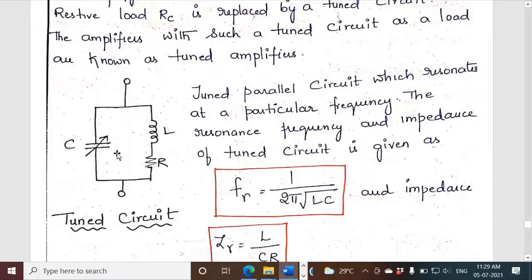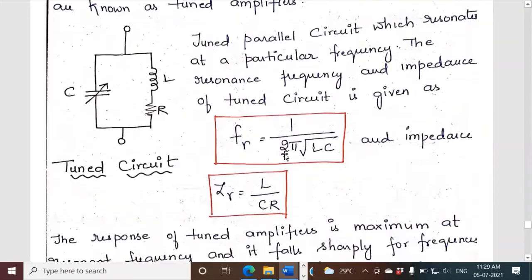Now you know how to find the resonant frequency, we have done so many times. Find the equivalent impedance, then put the imaginary part equal to 0. Usually R is a small value because it is the internal resistance, so we can neglect R and simplify, and we will get f_r equal to 1 by 2 pi root LC. Something similar to this we have done so many times, so we are not going to derive it. Very famous formula, 1 by 2 pi root LC, obtained by putting the imaginary part to 0.